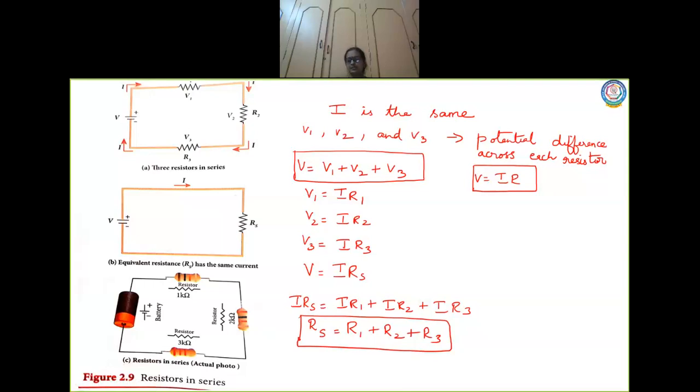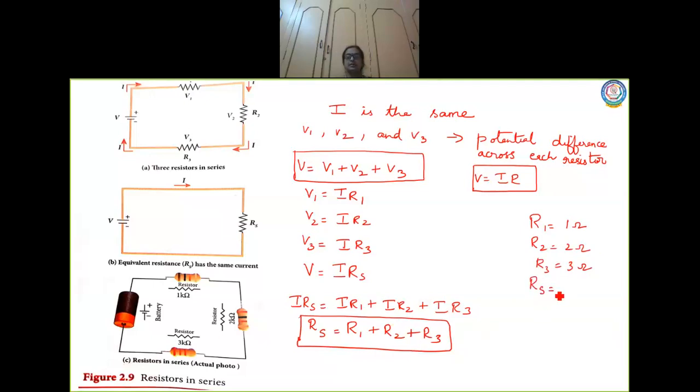And one more important point that we get from this is, how the value of this effective resistance will be. Now Rs is the effective resistance, right? Definitely this will be greater than each of the individual resistances. Suppose, let us take, this is the same thing I explained to you in capacitance also. Let us take the value of R1 as 1 ohm, children, R2 as 2 ohm and R3 as 3 ohm. So when you find out the effective resistance, what will be the effective resistance, children?